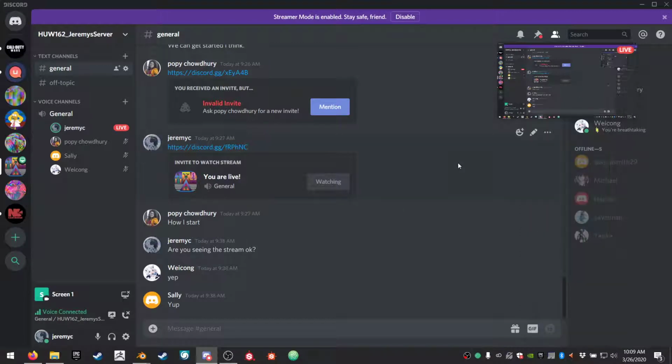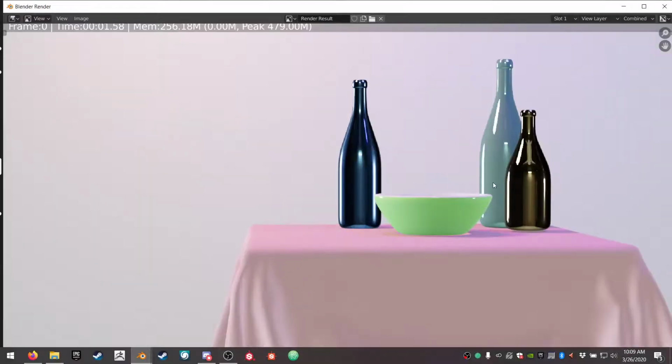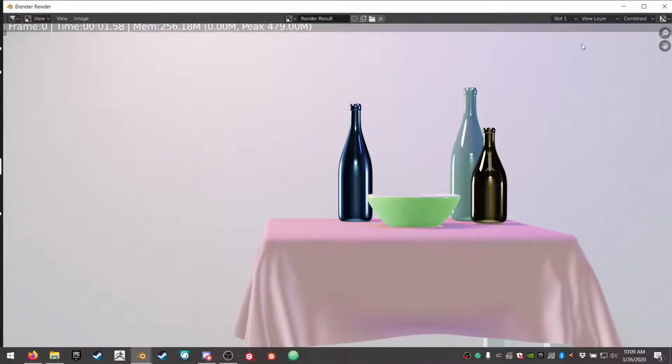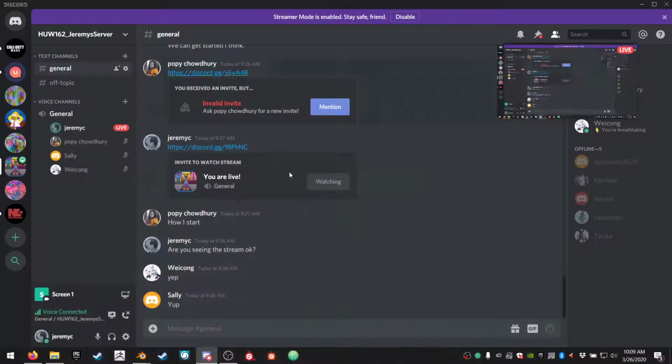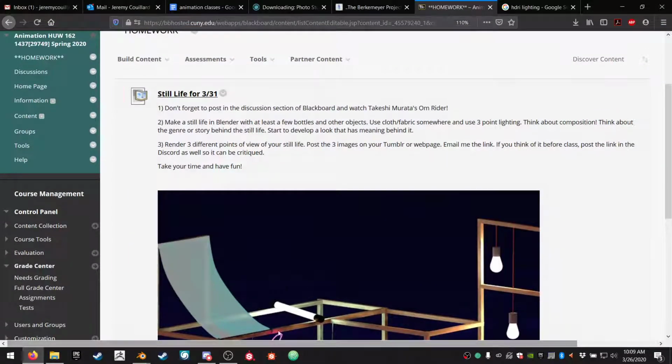It'll be a private message, and just say like, hey, here's my bottle. I don't know why it looks all weird right here, or hey, look at this cool thing. I just did this cool lighting technique, and then I'll be like, oh, cool. Check out this artist and try to emulate what they're doing or something like that, right? So really, it'll help you if you take that initiative. I can't force you to do it, but